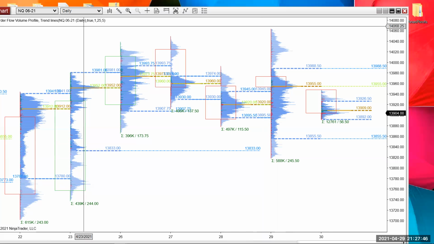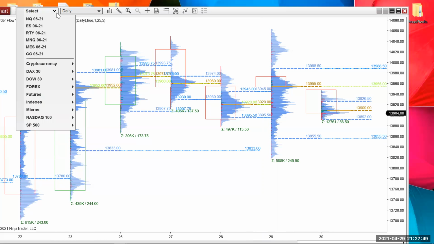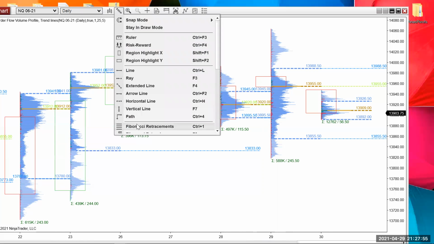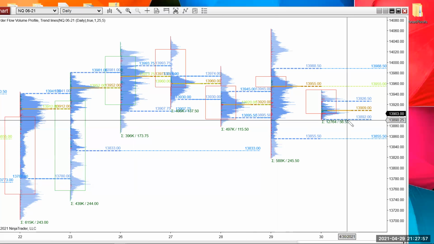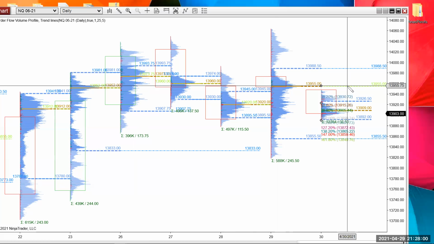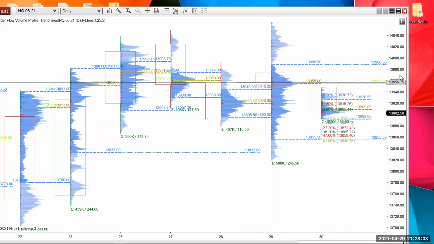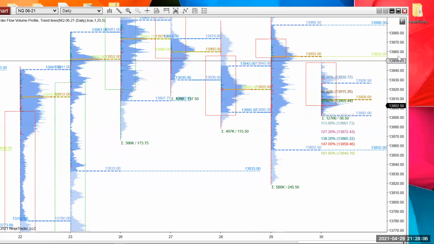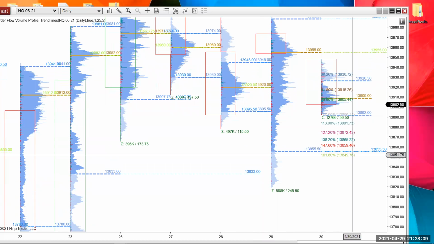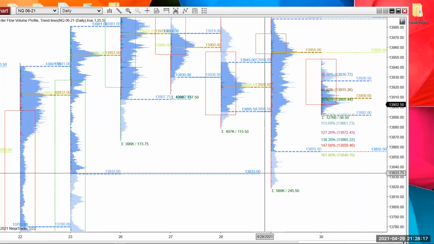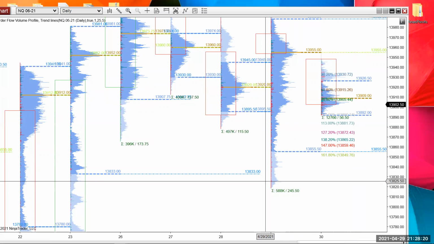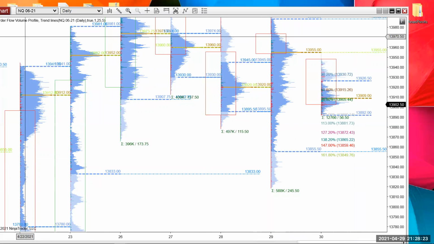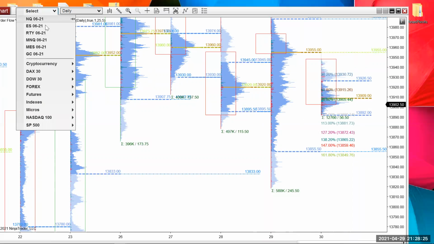Okay, so that's NQ. Now let's go look at, I know that I did do the Fibonacci retracement, but let me do it again. Here's your high to low, okay? So that is the target, 872 to the 849 level. Like I said, catching it here, all right? And then if it goes further, it'll be like the 833 level to even the 800 area. So that's that. Let's look at ES.